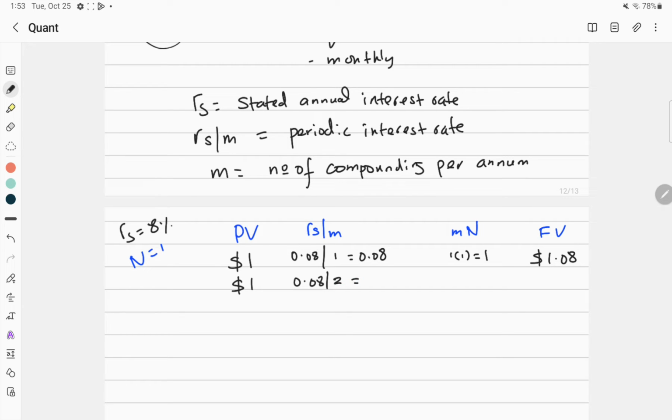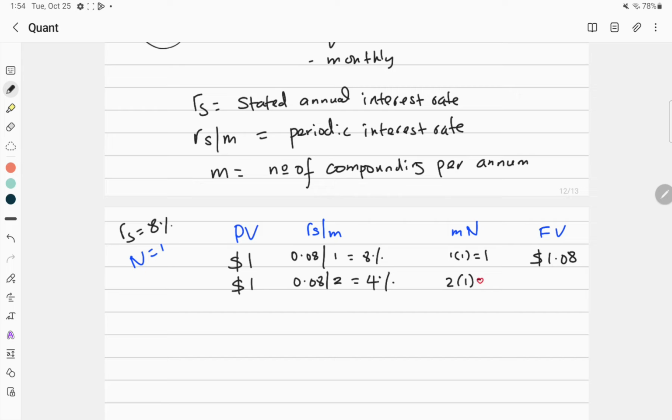Now this will give us about 4%, right? This is the same as 0.08. Let's say this is 8%. 0.08 divided by 2 is 0.04, which is 4%, right? So in this case, our M is 2,